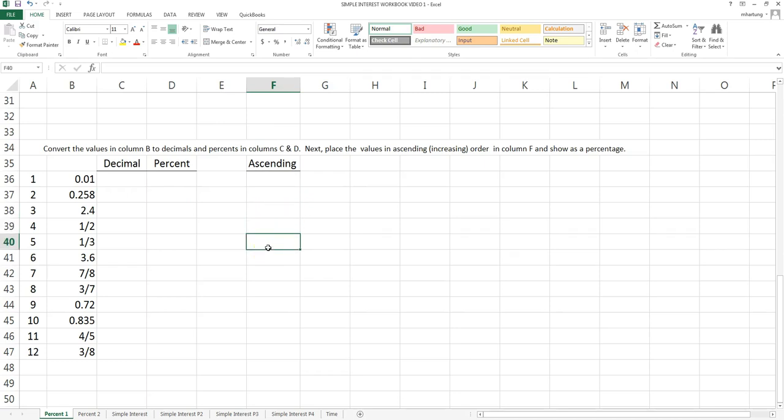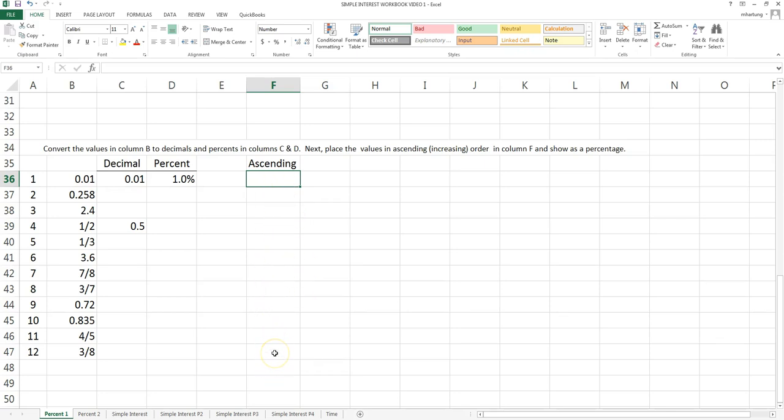So we won't do a sort on this, but what you'll do is just key them in. So you'll take a look at the values that you have calculated in the percent column, and then you will take the lowest value and place it here in F36,